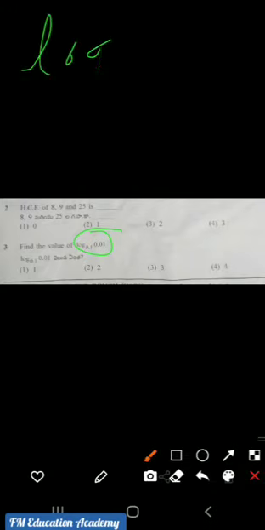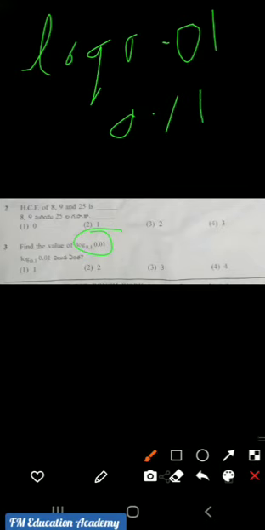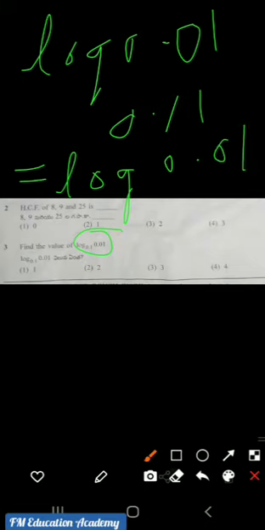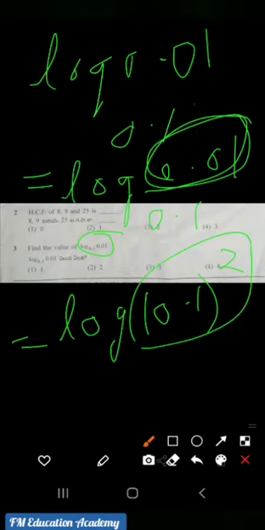Okay. So this log 0.01 to the base 0.1 can be written as log 0.01 to the base 0.1. So this 0.01 can be written as 0.1 square, because we saw just now that 0.1 square is 0.01, and what do we have as base here? 0.1. Now observe, it is of which formula? If you carefully observe, it is of the form of log x power n to the base a.